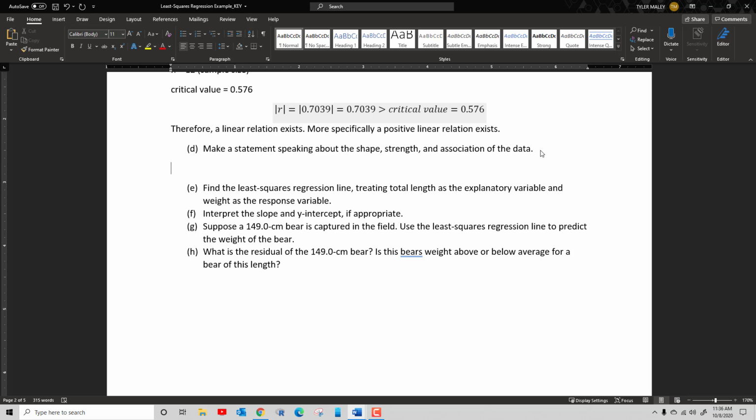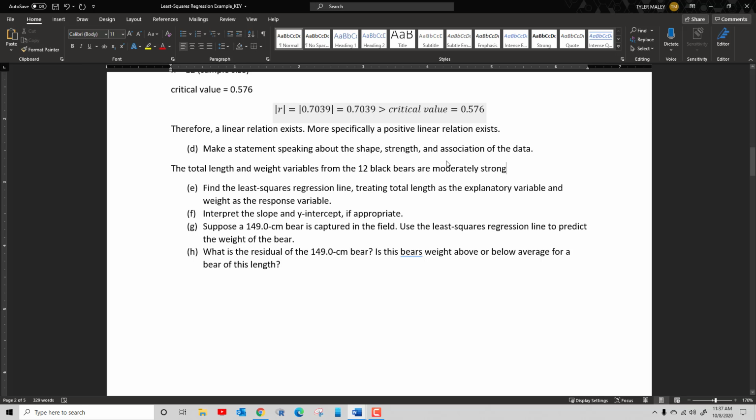We could say the total length and weight variables from the 12 black bears are moderately